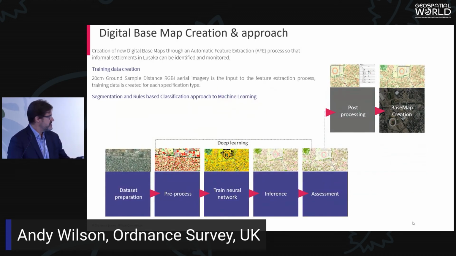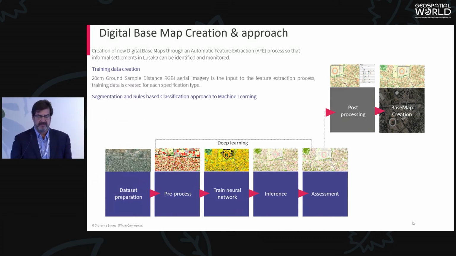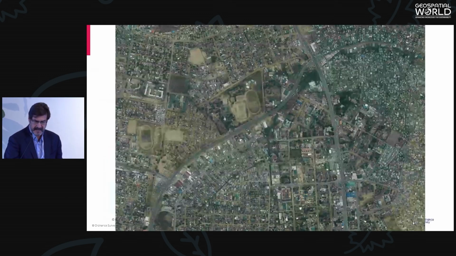So I won't spend too much time on this slide, because I'm sure you're all aware, but it was very much that classic AI machine learning process, so taking source data from the ortho imagery, creating training data, and then we were able to classify not just the features on the ground, but also to classify the land use. So the map is not just a digital feature map, it's also a land use map. So our machines are able to not just collect features, they're able to classify things like buildings, roads, the difference between hard standing and soft standing ground, water features, to develop that proper land use map as well as a topographic map.